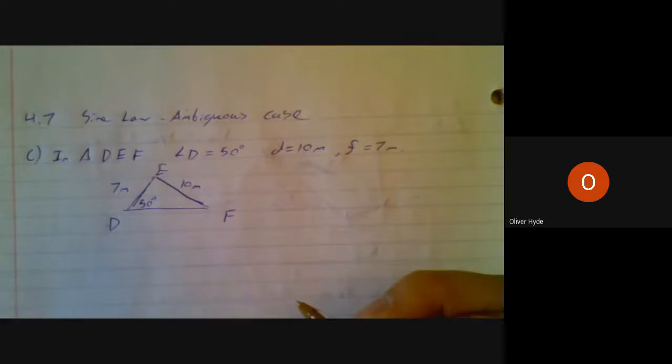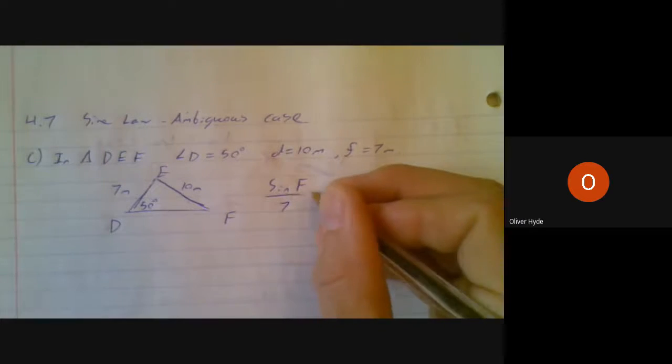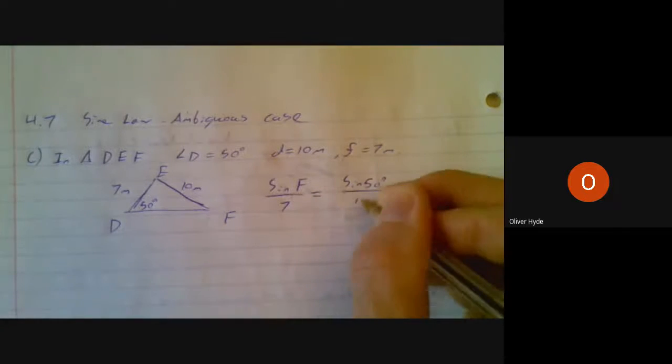Then I am set up to use the sine law to try to find angle F. And I'm wondering if there is one solution, two solutions, or no solutions. To use the sine law, I say that the sine of F divided by 7 meters would equal the sine of angle D divided by 10 meters. This gives me